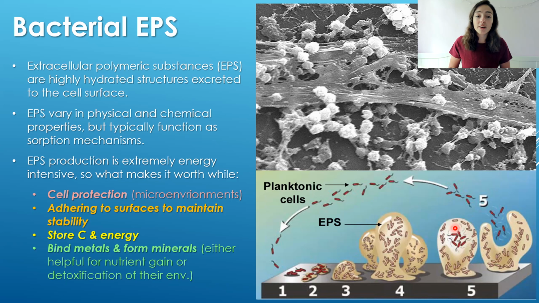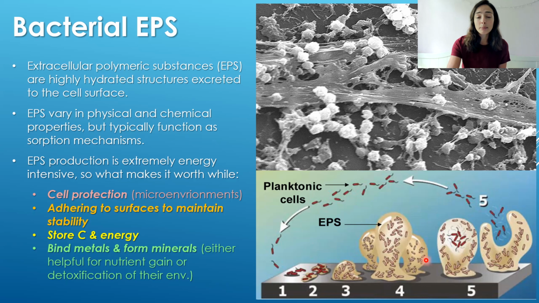The EPS that a lot of bacteria secrete is highly hydrated and therefore functions to absorb material. And we'll talk about what specifically it absorbs or adsorbs later, but basically this absorption function of the EPS material can act to protect cells in what's called microenvironments. And I'll have a video later on talking solely about microenvironments, but basically this is because, as we can see,